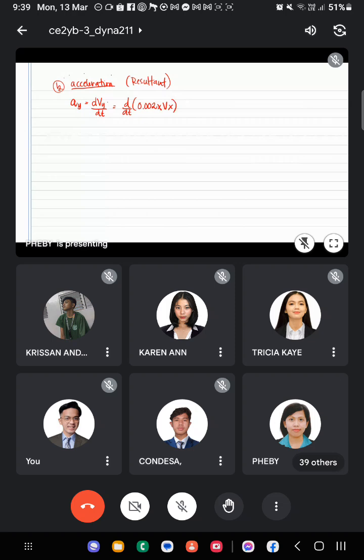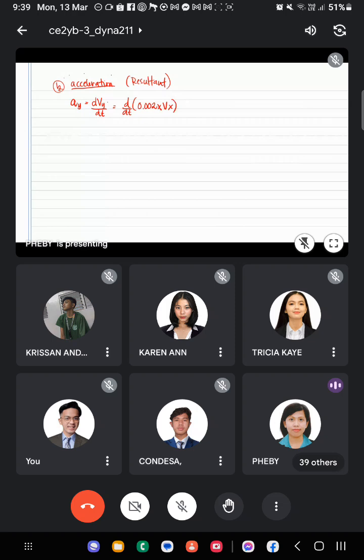Okay. So, sabi kanina, ang motion daw ng ating plane is constant velocity moving upward. So, pag sinabing constant velocity, yung kanyang acceleration y is 0. Diba? Constant velocity kasi. Upward. Kaya, 0 yung kanyang acceleration upward or yung kanyang y. So, therefore, 0 is equal to